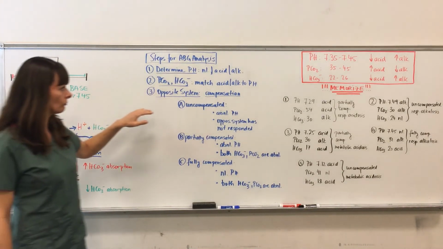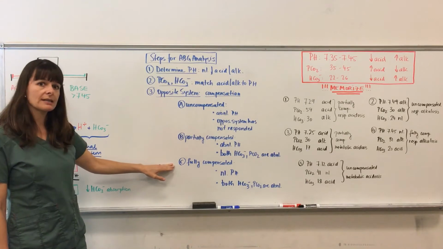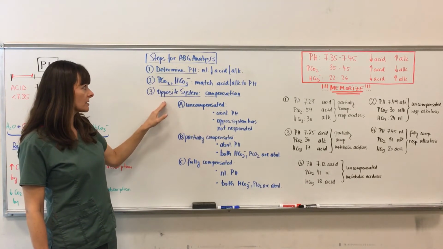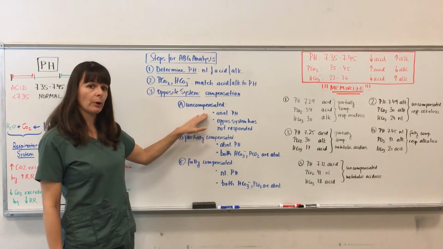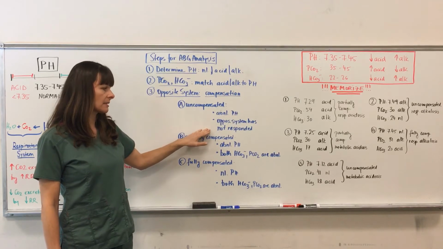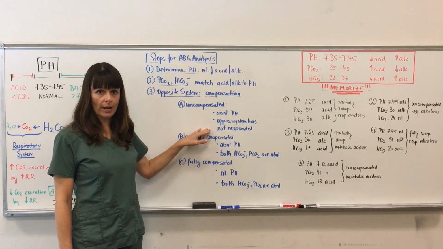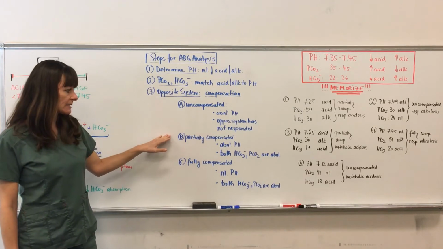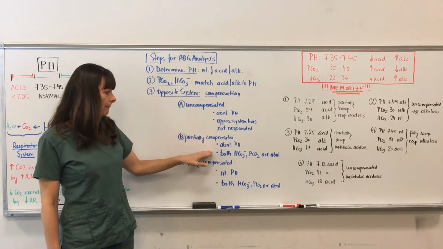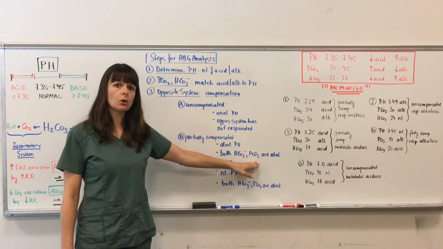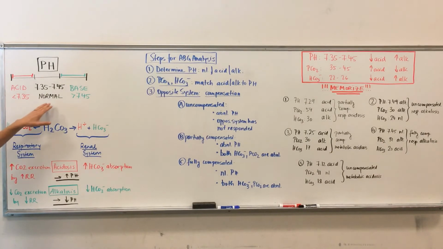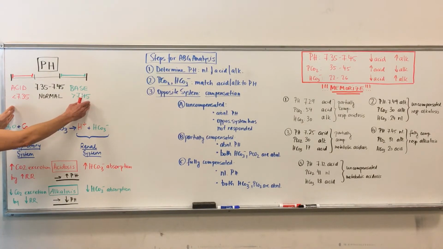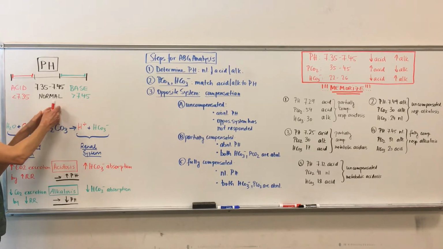So there are three different things that can happen here. The opposite system, or the ABG, can be uncompensated. In that case, we would have an abnormal pH, and the opposite system has not responded, meaning that it'll be in normal range. For partial compensation, the pH will still be abnormal, but both bicarbonate and PCO2 will be abnormal, meaning that now we have an abnormal pH that's somewhere out of range, but they're both trying, so one of them is acidotic, one of them is alkaline, and they're both trying to bring the pH